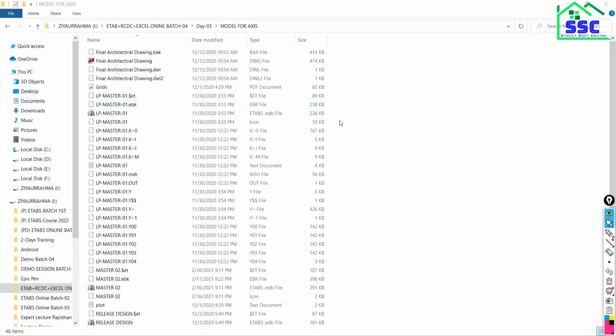Yes, sir. So in the example that we are taking, two persons are there. One is A and second one is B. The first person is using version 2015 and the second person is using version 2019, and they have to share their file with each other. So initially what will happen? Person A tries to send the file to person B, and the file is transferred as an EDB file. That is actually the model file.